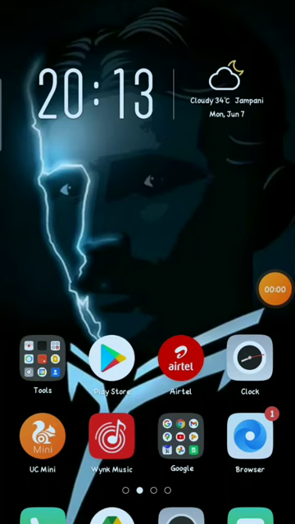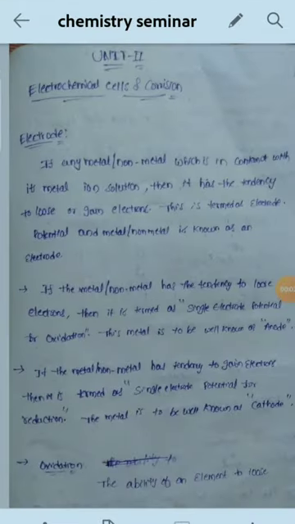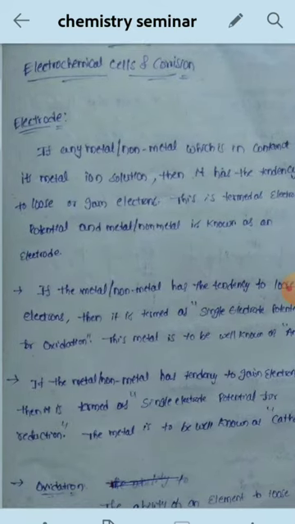Today I am going to talk about the differences between the galvanic cell and the concentration cell. Firstly, coming to the definition of electrode. If any metal or non-metal which is in contact with its metal ion solution has the tendency to lose or gain electrons, then it is said to be an electrode,